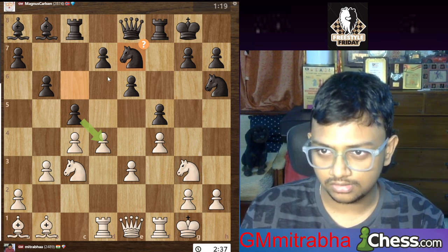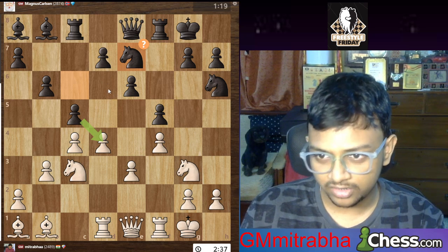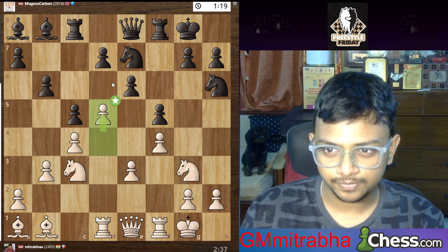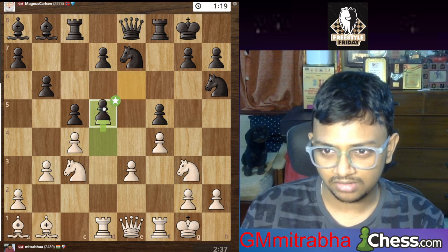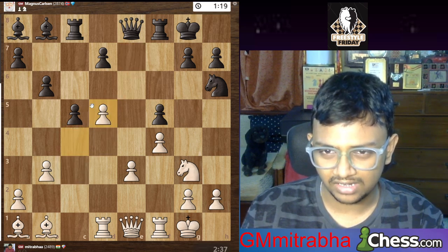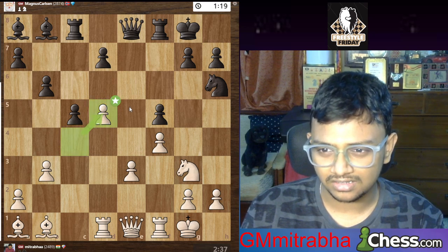Okay, the engine gives a question mark. I can understand why. I was also about to play d5 here, which is the best move according to the engine. But I don't know why I didn't play it. For a glance I saw ed5, knight d5, knight d5, cd5,